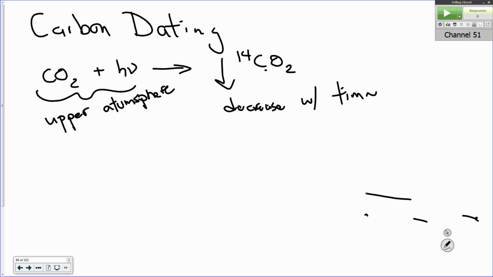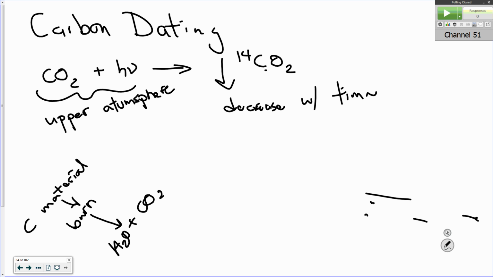Whenever you do radiocarbon dating, what you're looking at is the ratio. You'll take any sample that has carbon in it, so carbon-based material, burn that, and capture off the CO2. Whenever you burn a carbon-based material, combustion yields CO2 and water. We'll take that CO2, trap it, and then analyze it in a mass spectrometer, MS,